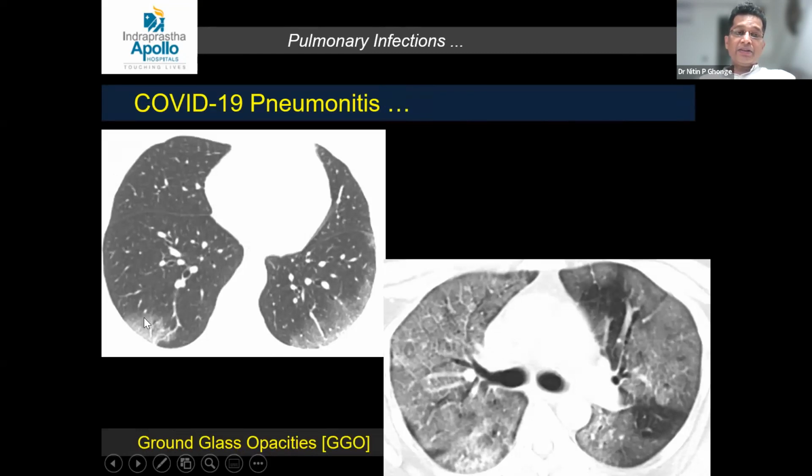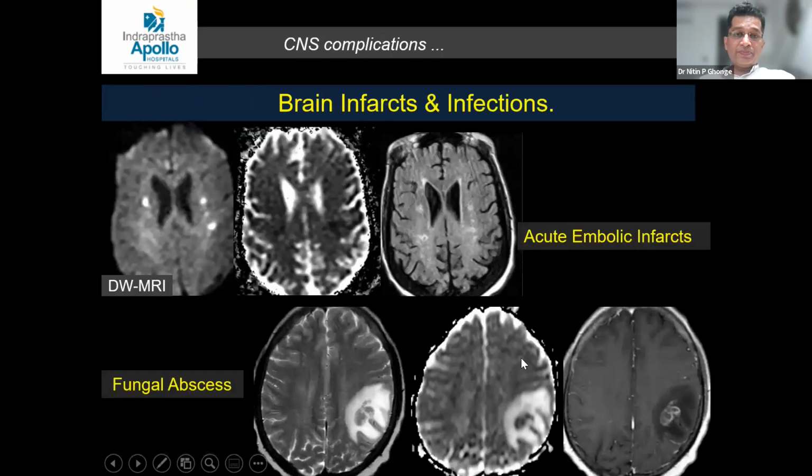COVID-19 pneumonitis is also commonly seen with CKD, as we have seen in the last one or two years: multiple peripheral ground glass opacities on both sides in a peripheral distribution, or with progression it can give a picture of ARDS, as we can see in this image. Brain infarcts are common complications as we can see this